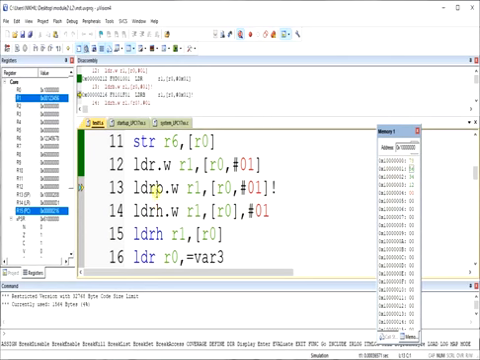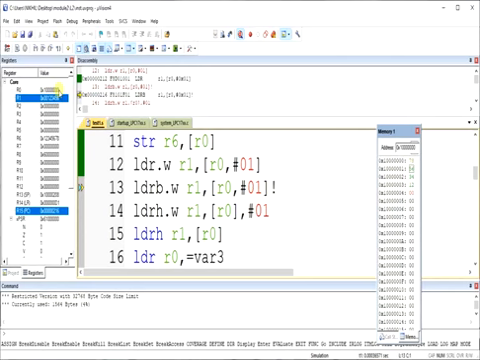Now if you execute this one, this is LDRB, B stands for byte. Only the byte value, that is the 8-bit value, will be stored in R1 from the address pointed by this value. So R0 is presently this plus 1. And now we are using the exclamation mark.